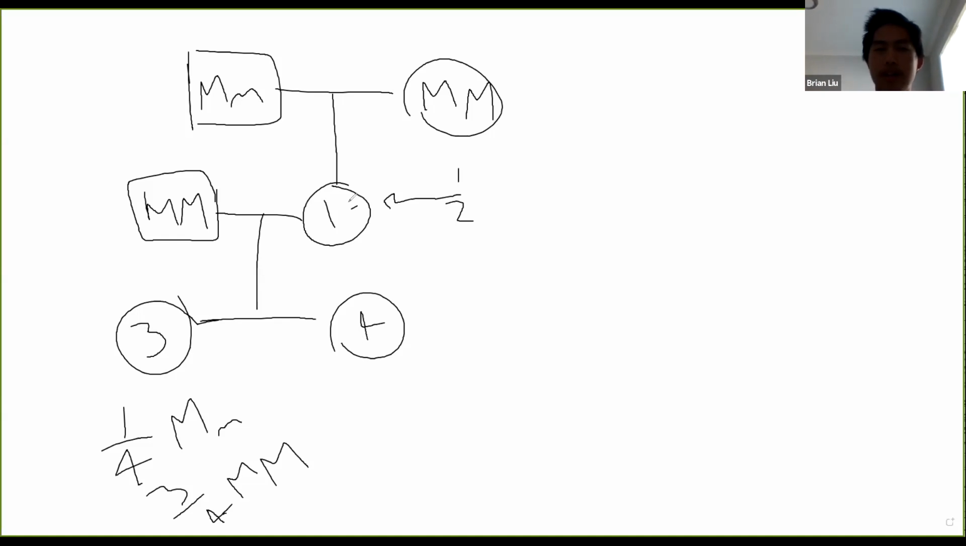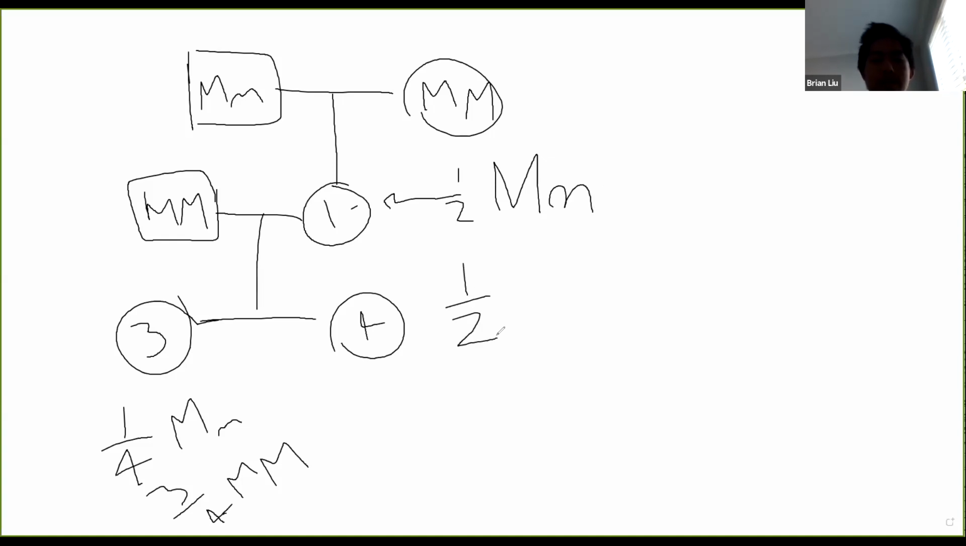Well, what about 1? The thing is, we didn't consider the 2 cases for person 1. If we consider those cases, there's a 1/2 chance that 1 is big M, little m, and a 1/2 chance that 1 is big M, big M. In the former case, where it's big M, little m, then for children 3 and 4,